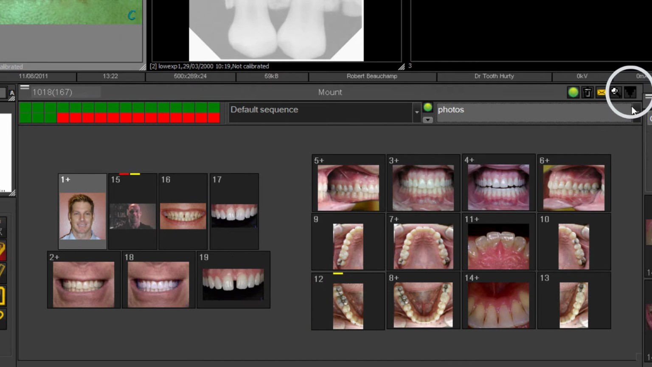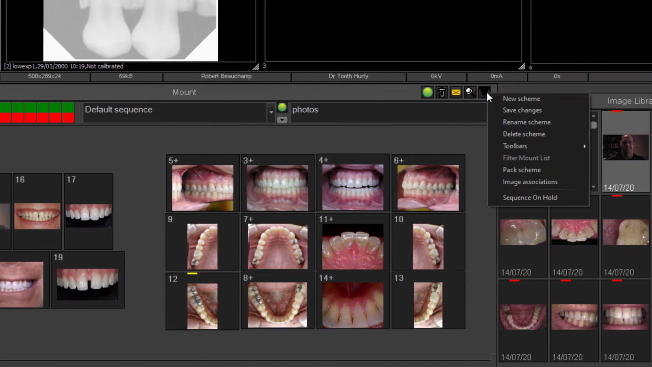So if I click on the top bar, there is a funnel icon here in the top right. And if I just click on that, it will open up a drop-down menu, which will allow me to create a new scheme. I can actually rename this scheme. I can delete this scheme. So there's a couple of things I can do here, but today we're just going to focus in on creating